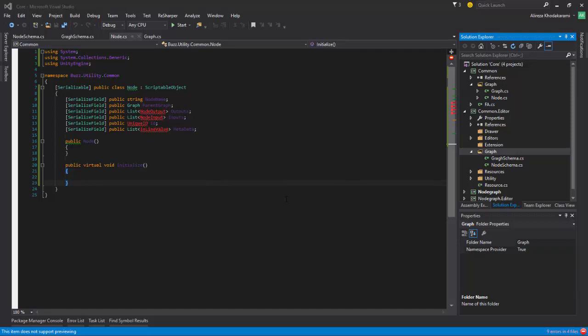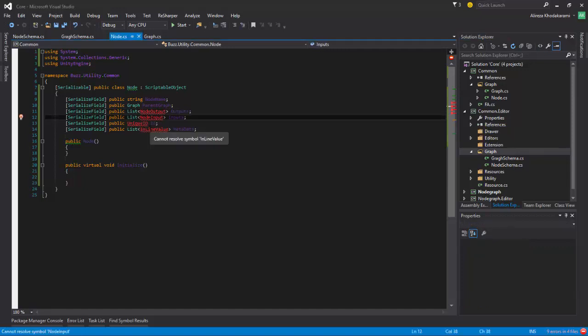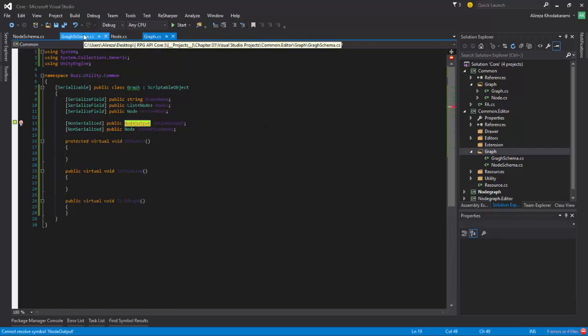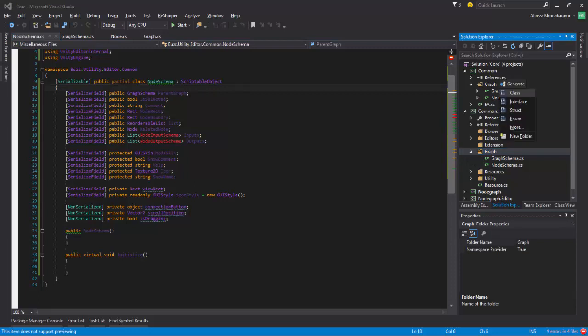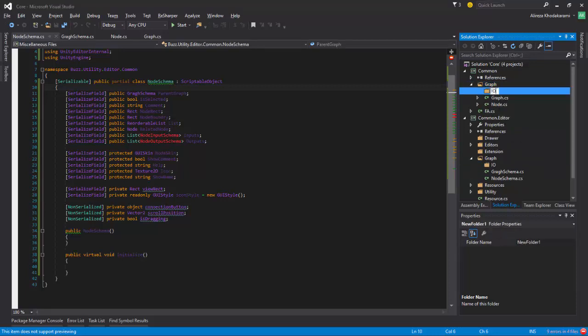In this episode, we'll start creating the classes, and this guy is a struct, by the way, a structure, so that at least we won't have any errors in these four files. Now, to start with, I will add a sub namespace inside graph, here called IO, in both of these, common and common editor. Now, the IO will have a class